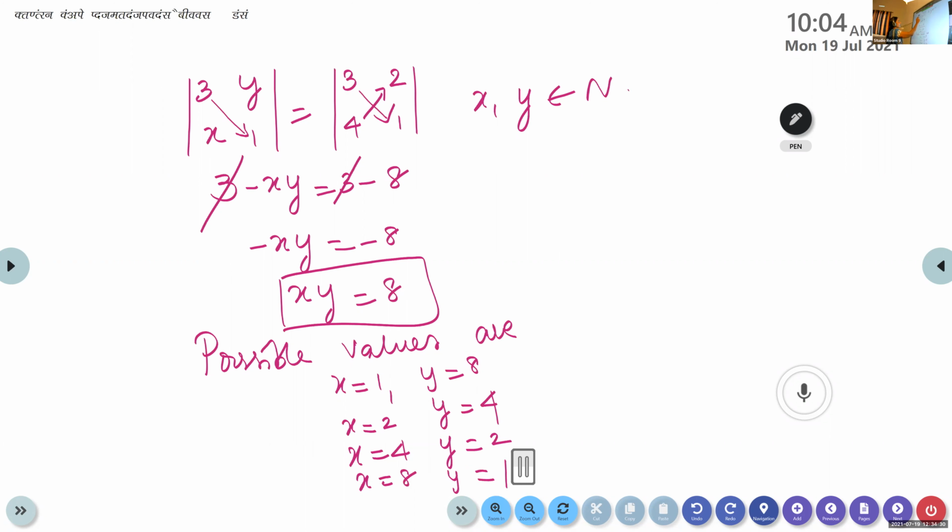Look here, when you equate the determinants, y equal to 2, x equal to 4. Here we are getting 4 combinations, but there is only one possible case. That is why I said in the beginning, when two determinants are equal, you equate the values and find the possible answer. Don't equate the corresponding entries, otherwise the answer will go wrong. Here we will get one possible value only, y is 2 and x is 4. That is one solution. We get 4 possibilities there.